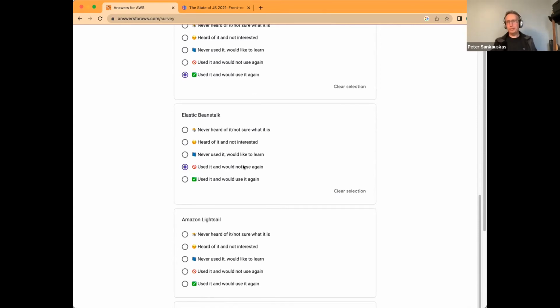I can't tell you how many people I've talked to who have an idea, they are much better on the coding side than the operations side. They look at AWS, they try and figure out how am I going to run this thing, and they are still today choosing Beanstalk. And I'm like, why would you do that? Yeah, I mean, and I haven't had data that I could show them to say, look, don't use this thing.